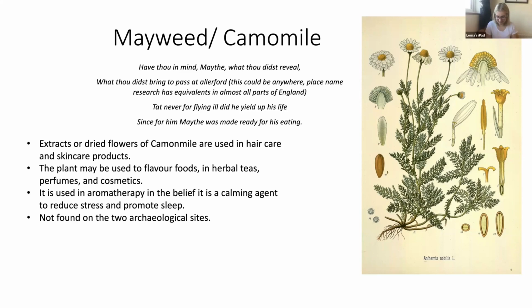In the Leech Book 1, it's used for bruises and joint pain, and my favourite one, against evil, which is excellent. And in Leech Book 3, it's used against nocturnal goblin visitors. So you can make up what you want from that. It is not found on either of our archaeological sites, but again, it's another Mediterranean herb. So again, it might be grown in a different context than by the side of the road, and it's not classed as a weed because of that. Unlike our next plant,